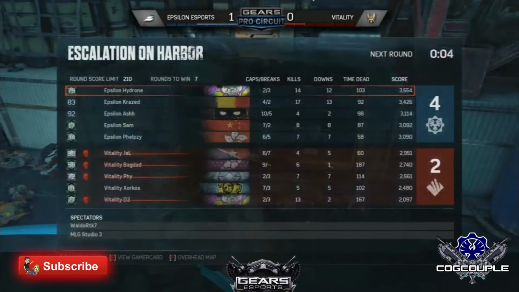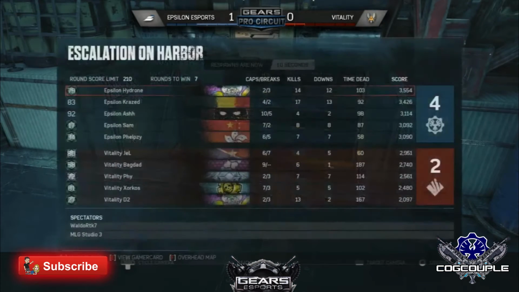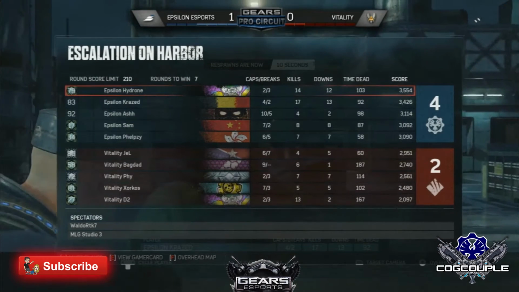So when it slowed them up, it actually gave the B heal towards Vitality. But we saw nades and Ensigns get Epsilon was still able to get control over those, and that essentially won them around. Even though Vitality was able to get the double cap, they didn't have what they needed to actually hold that setup. Especially with a 20-second respawn, like...